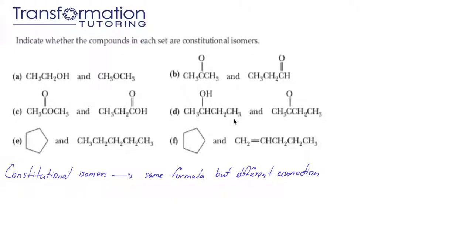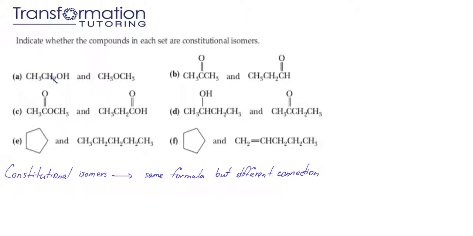Indicate whether the compounds in each set are constitutional isomers. Well, constitutional isomers are molecules that have the same formula but different connection. So let's go ahead and start with A to see what is the formula for the left and the right